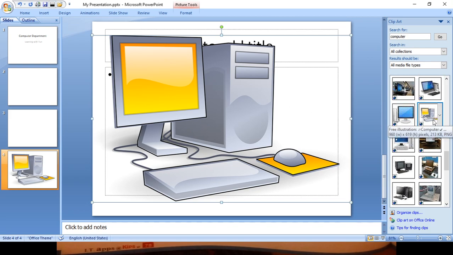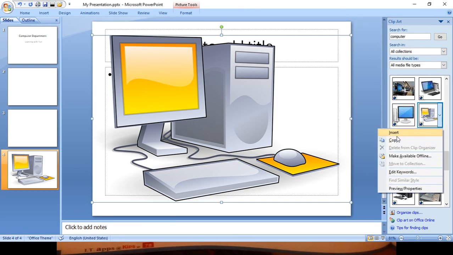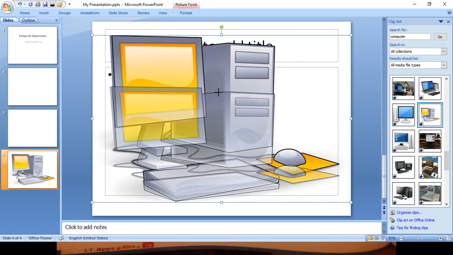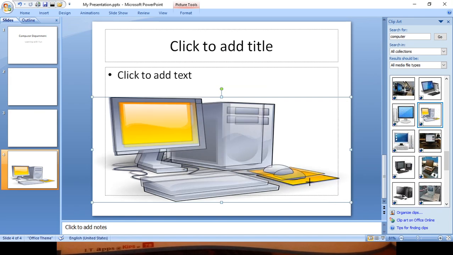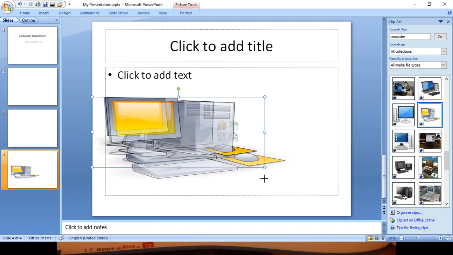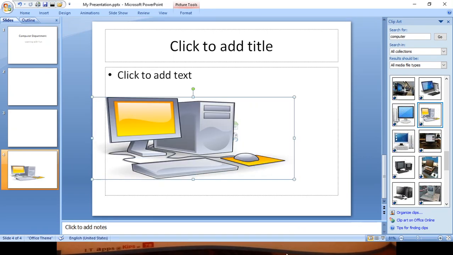You have to just click on it, or you have insert picture here. Now, a very important thing: I want to remove the picture. See, when I click, there is this dotted box, right? If you remember the double headed pointer, it is used to resize it. Yes, in form 3 we have seen the double headed pointer where we used to resize the taskbar.